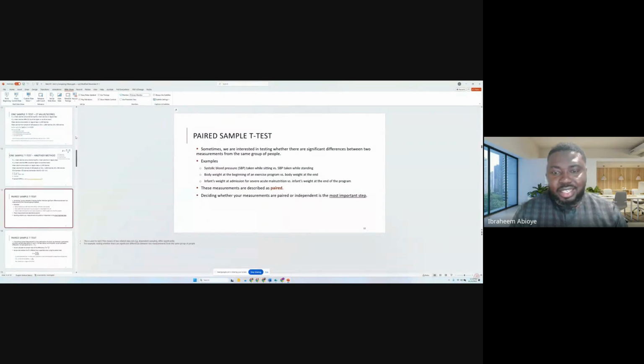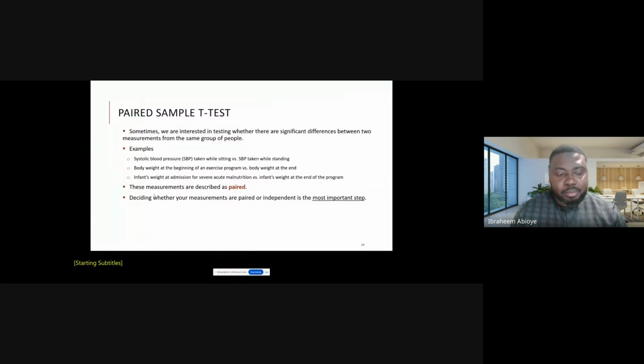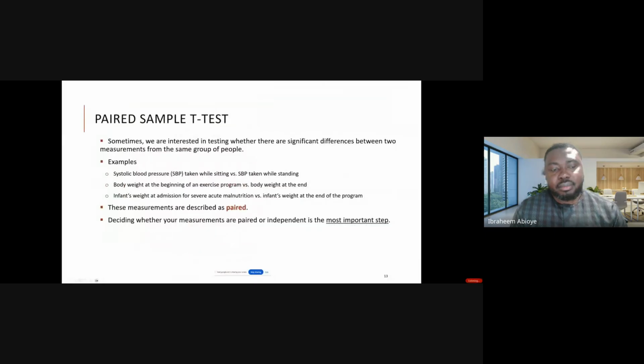And the key in the paired t-test is that you have paired measures. You have a measure that is assessed more than once in the same group of people. It might be that you're taking that measure before and after. Examples are systolic blood pressure before and systolic blood pressure after, or body weight before an